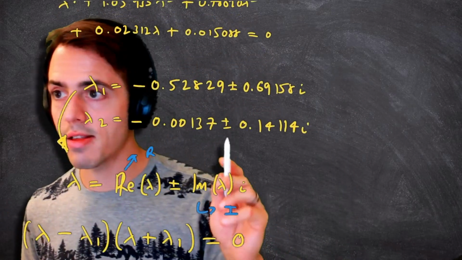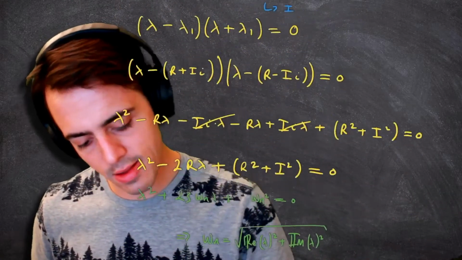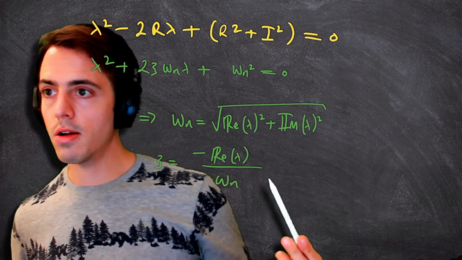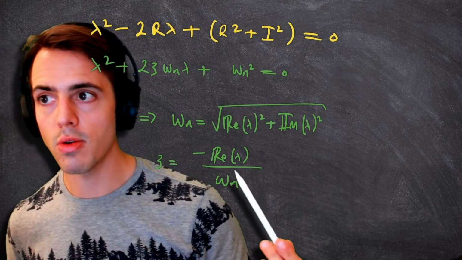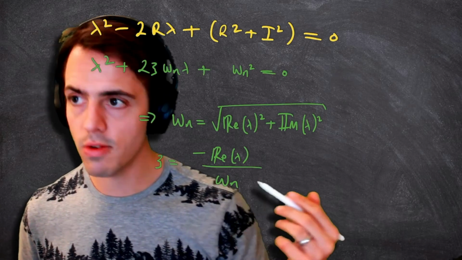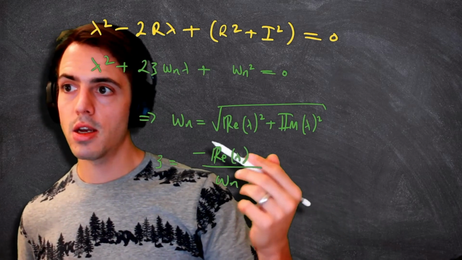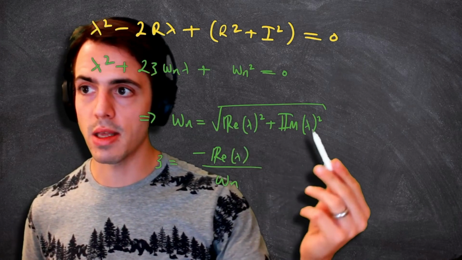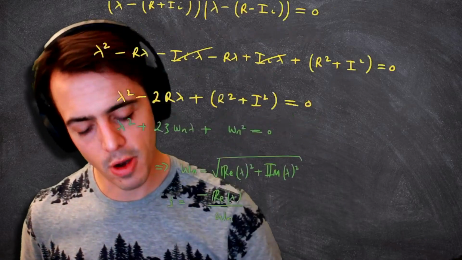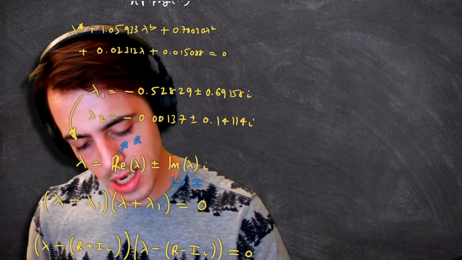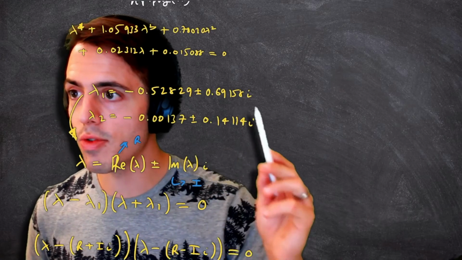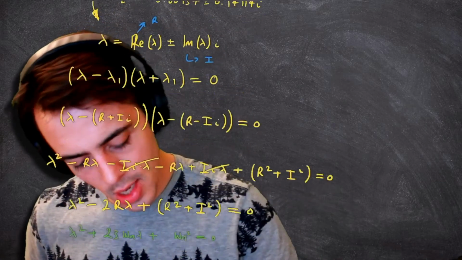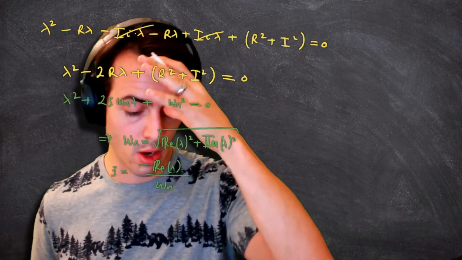So these roots, we can work out which is which. Let's take a step back a second. We can see here that the actual damping ratio is really going to be a function of the real part of the roots and the natural frequency, and then the natural frequency is going to be the vector sum of both parts here. So this means we can immediately get the natural frequency of these two modes of motion. I'll tell you what you can also do, and you can go through it if you wish,